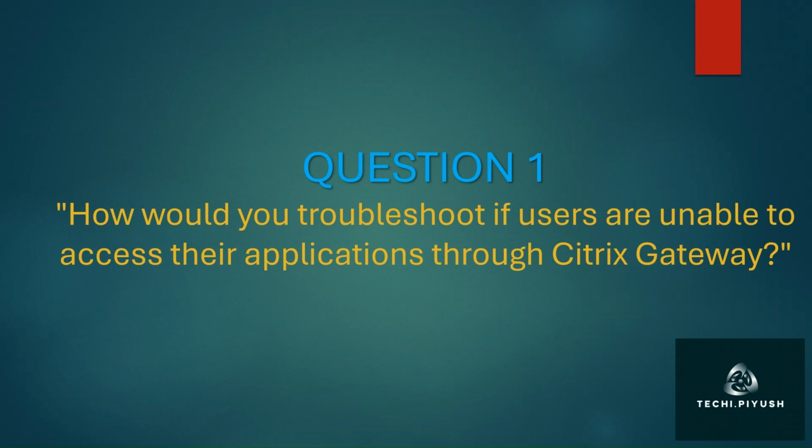To answer this, first, let's verify if the Citrix Gateway URL is accessible. You can quickly do this by trying to access it from a browser or using ping to check the server's availability. The next step is to check the DNS resolution. If DNS is misconfigured, the gateway won't be reachable. Then verify the SSL certificate. Make sure it hasn't expired or isn't invalid. SSL issues can often prevent users from connecting. Finally, dive into the session policies. Ensure they are correctly set up and match the user scenarios.